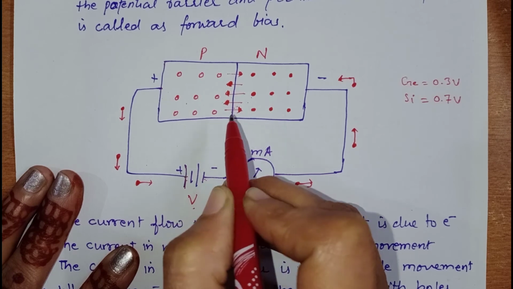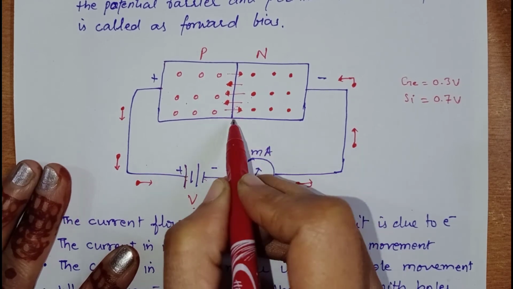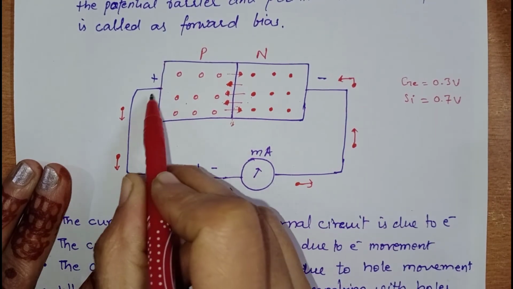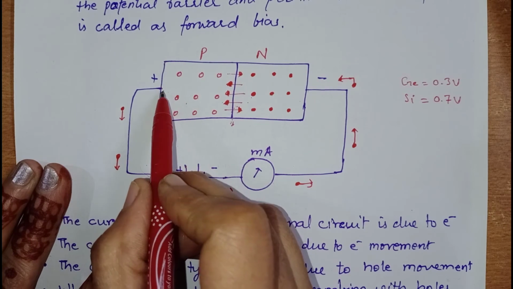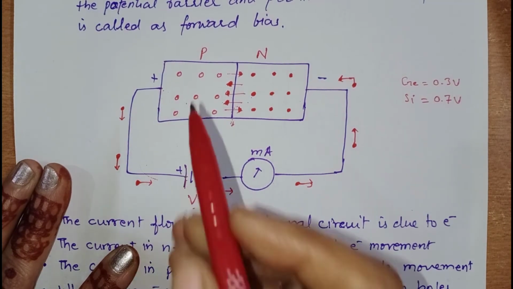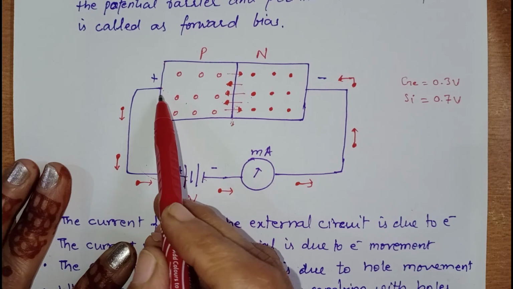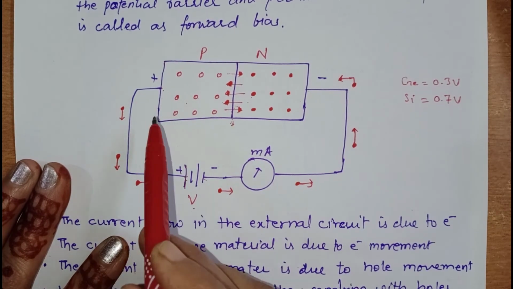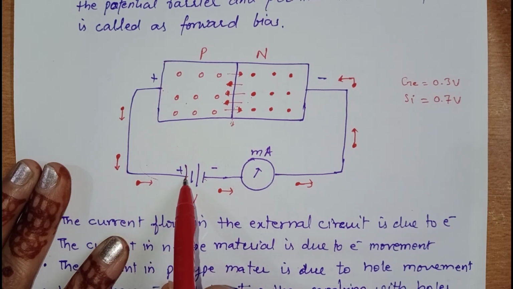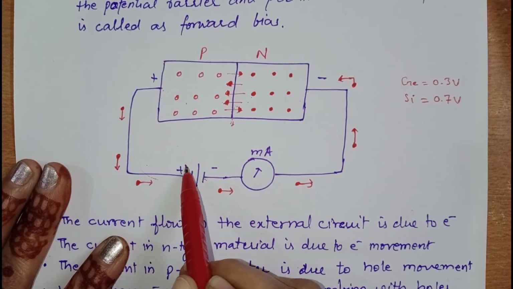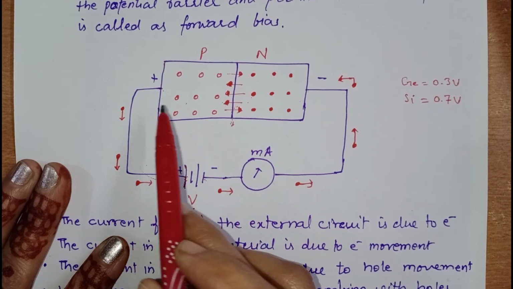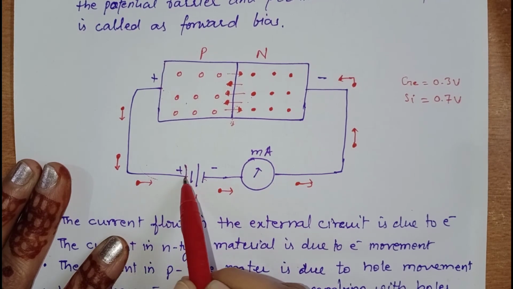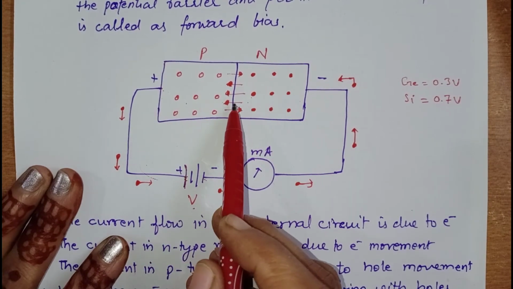near the junction. For every recombination of an electron and hole pair, a covalent bond near the positive terminal of the battery breaks down. Due to this breakdown, an electron and hole pair is generated. The electron is directed towards the positive terminal of the battery because the positive terminal attracts negative charges, and the hole is repelled by this terminal towards the junction.